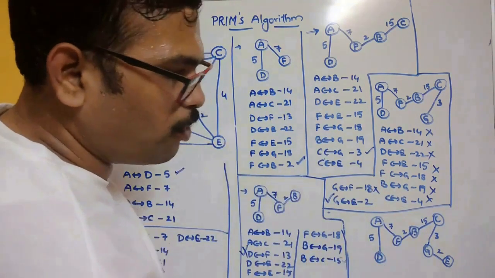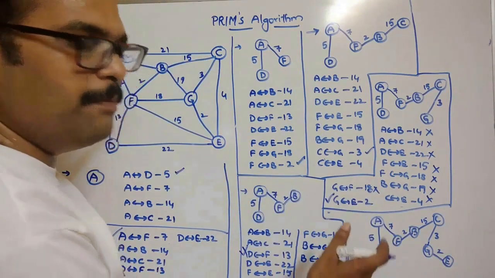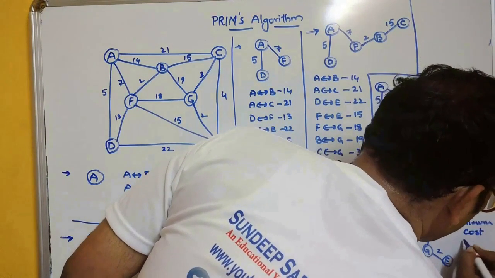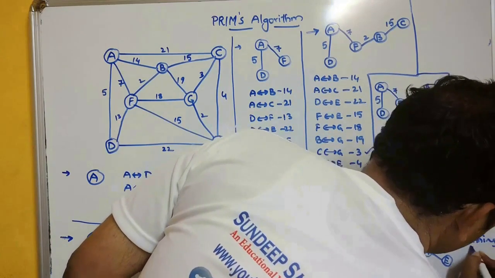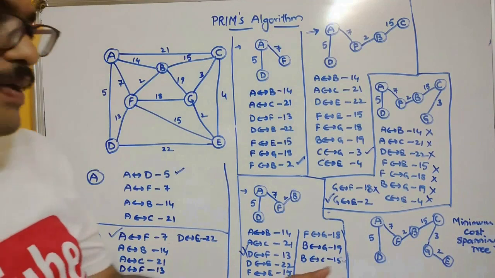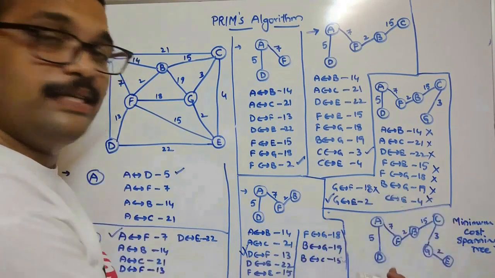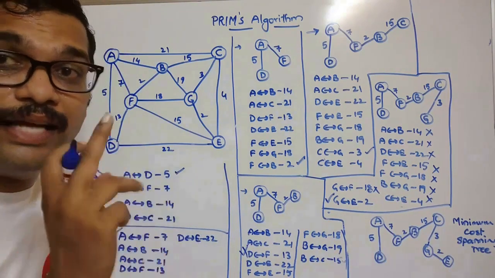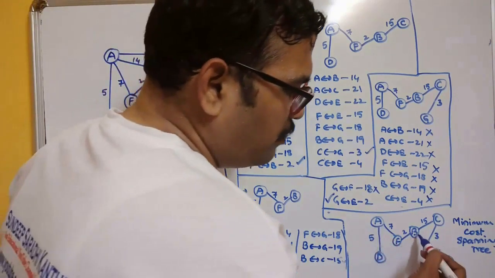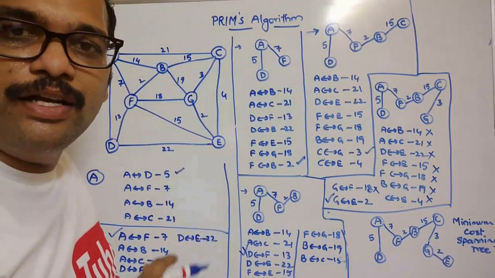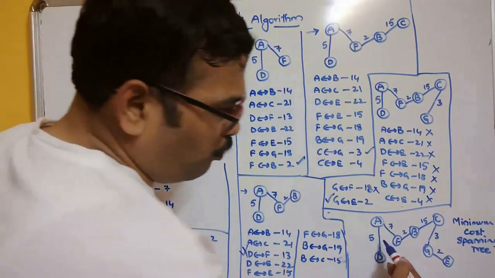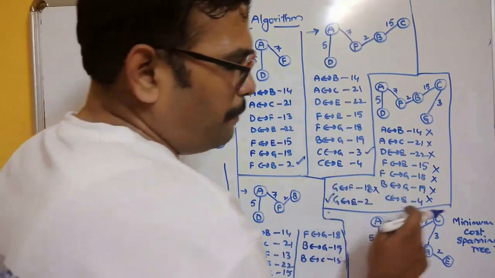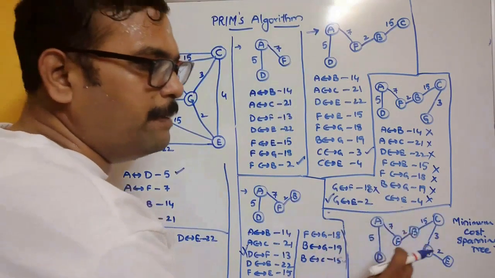Now you need to find the minimum cost of this particular tree. So this is the minimum cost spanning tree. We have all the vertices, and if the graph has n vertices, the edges should be n minus 1. How many vertices are there? 1, 2, 3, 4, 5, 6 and 7. 7 vertices, so it should have 7 minus 1, 6 edges. 1, 2, 3, 4, 5 and 6 edges. So it satisfies the spanning tree, and you can see this is the minimum cost spanning tree